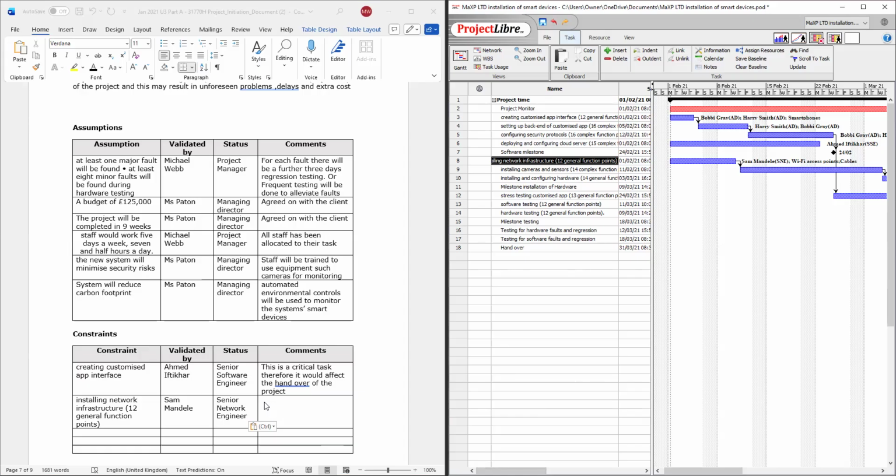So this is a critical task. Therefore, it will affect all previous results to testing.